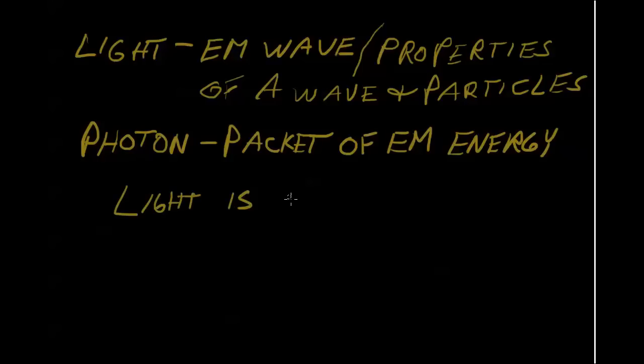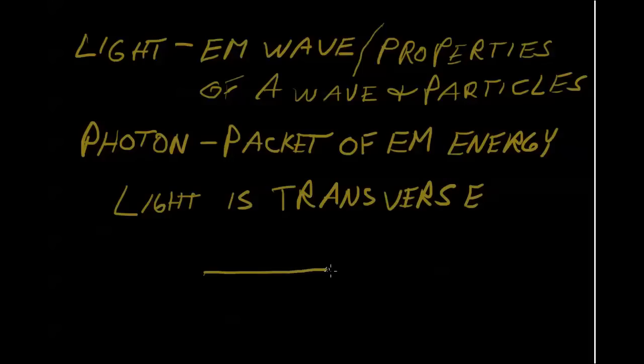Light is transverse. That's where the particles move perpendicular to the direction of motion, and you're going to see light quite often represented in these terms, or any electromagnetic wave. So that's kind of the beauty of electromagnetic waves, is they can travel through anything. On the next video we're going to look at a little bit on the reflection of light off some smooth surfaces.